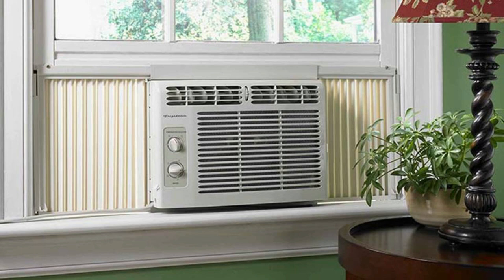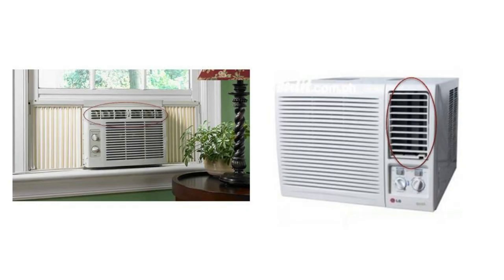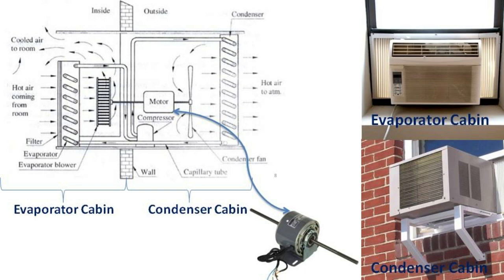Older units usually are of mechanical type, with rotary knobs to control the temperature and fan speed of the AC. Nowadays, AC units come with an electronic control system, where the functions are controlled using a remote control. The front panel has adjustable horizontal and vertical plates, where the direction of airflow is adjustable to suit the comfort of users.